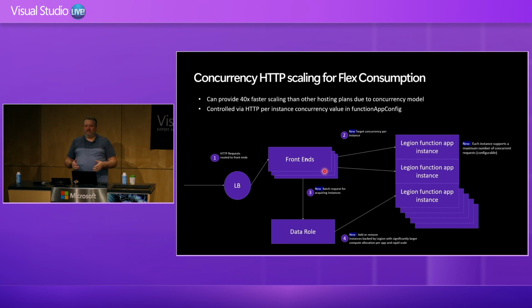Just add 100 instances, handle those HTTP requests, and then the platform will recall those instances over time. Right? So that's one of the platform changes that we made. Of course, behind the scenes here, you can see here that says Legion. There's a good blog post that goes into detail about this platform, but it's basically a custom-built platform that we created with the Container Apps team as partners to handle being able to burst scale.